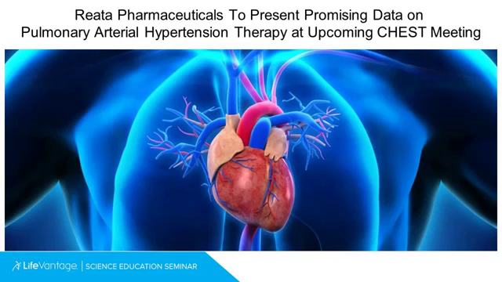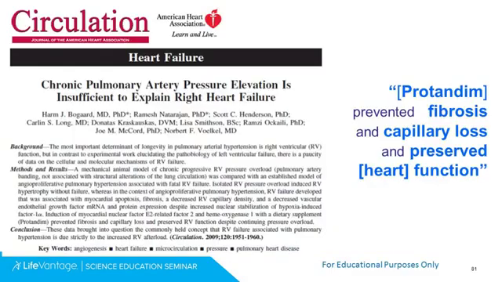Now, I mentioned to you Reata. That's the company that's got a lot of drugs in the pipeline, some really good drugs that probably will find their niche for treating specific diseases. But their one drug, bardoxolone, that they were studying in kidney failure, they've now started looking at it in pulmonary arterial hypertension as a potential treatment. And that is a study that was done, and I believe it's already been presented. I have not been able to find the actual abstract from that study yet, but I've heard that it was a very positive study, and I suspect that there'll be more studies from them in that regard as well.